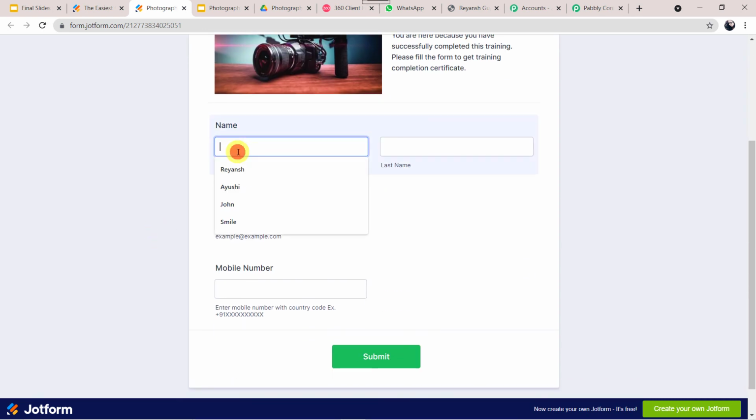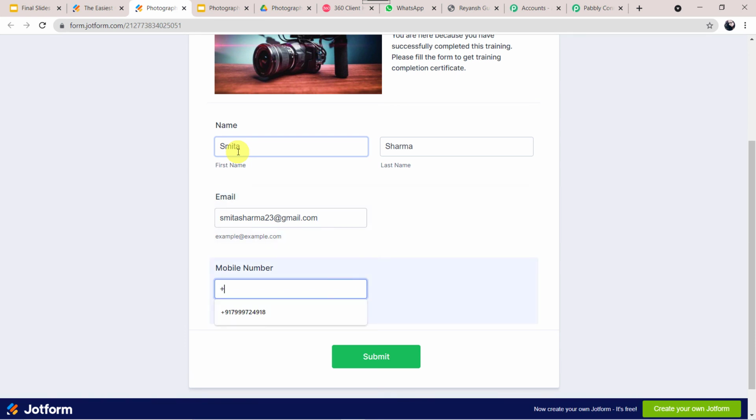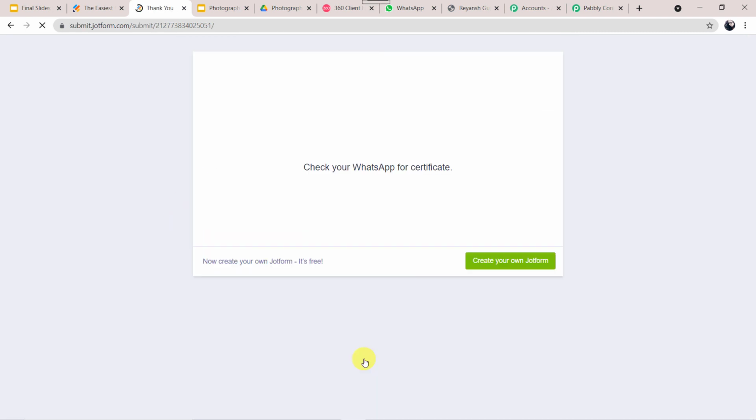And this time I'll be giving the name as Smita Sharma. Let us give the email address as Smita Sharma 23@gmail.com and let us give the same mobile number to check whether our integration is working fine or not. I'll just click on submit.